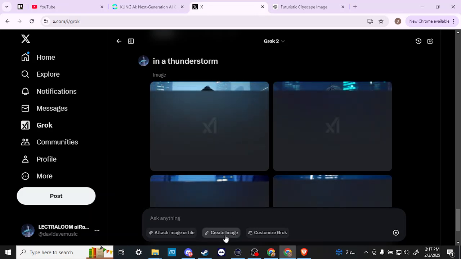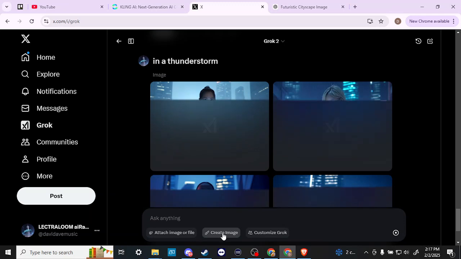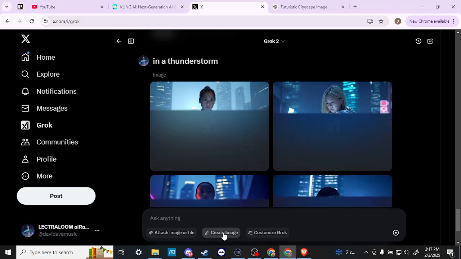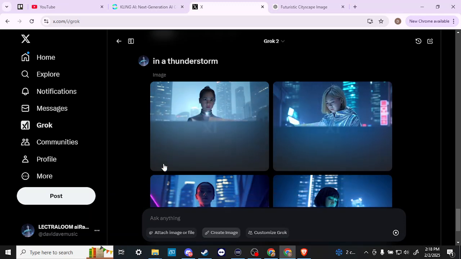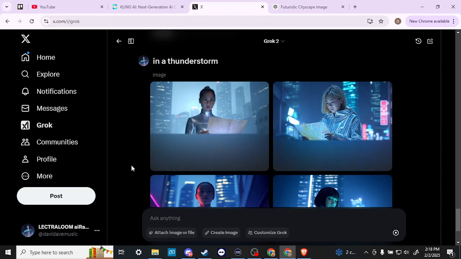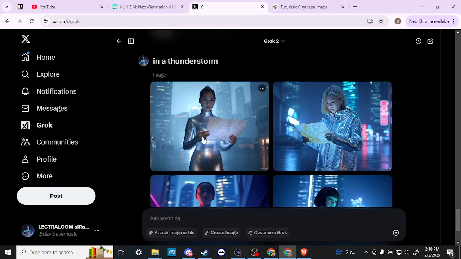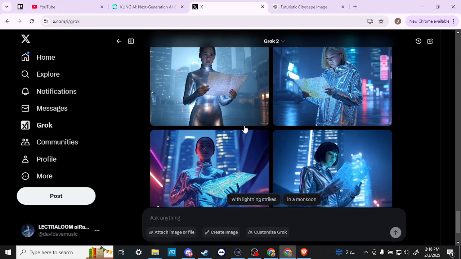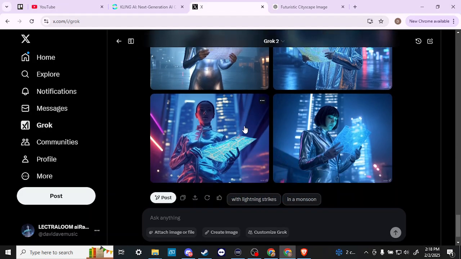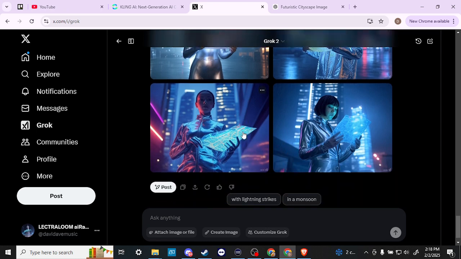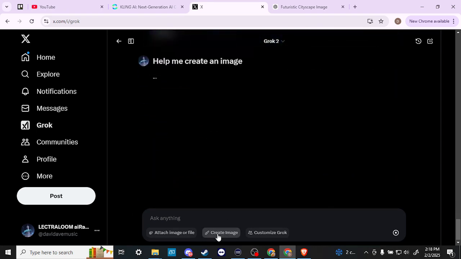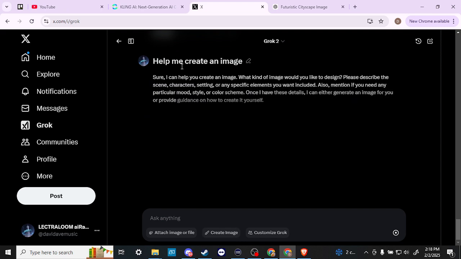If you want to click here where it says create image, this is another way of going about it. It's going to take us to a specific, let's go ahead and do that here in a moment. We'll see exactly what happens. So looking for the thunderstorm. Does that look like a thunderstorm? I guess it does look a little bit rainy. Not really seeing too much of the rain there. But let's go ahead and click on create image because now I'm curious. Okay, so all that's going to do is